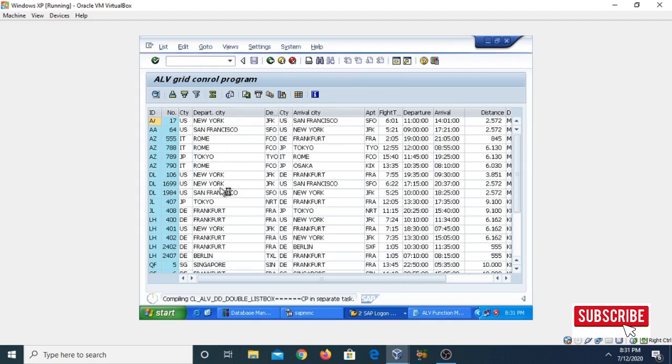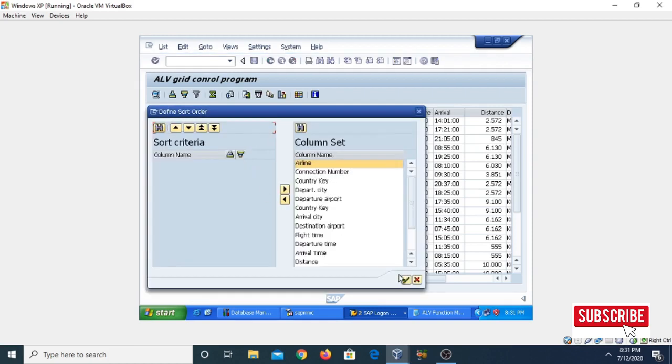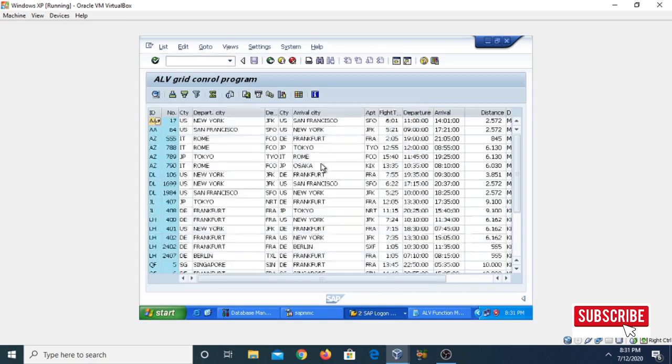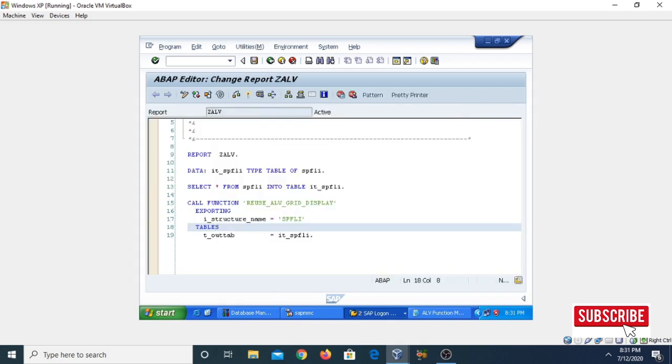All of these functions you can apply using the ALV grid control. If we select ascending order, it asks for the particular column by which you want to sort the list. Just use the connection number and it automatically sorts on the basis of that number. So this is the way you can implement the ALV grid.